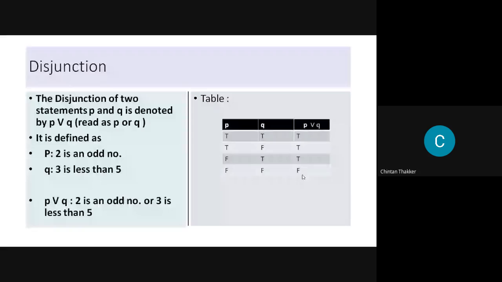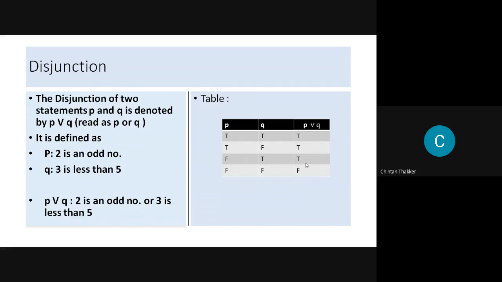So this table is the opposite of the conjunction. In conjunction, we have one T and the remaining three F. But here in a disjunction, we have one F and the remaining three T. So this is a disjunction.